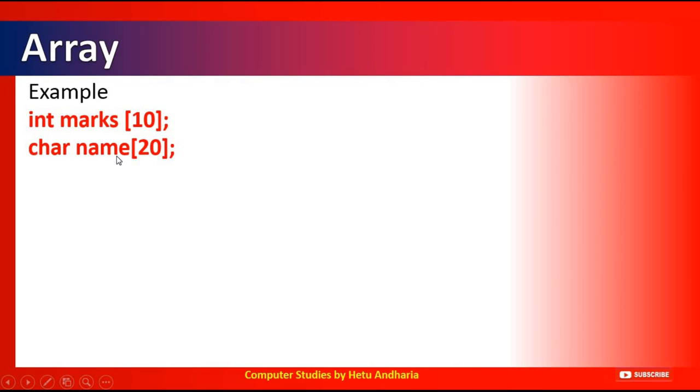Because name is made up of characters and this is the array of characters. And if I declare character name with bracket 20, I will be able to store maximum 19 characters here. Because in the previous video I had explained you, when you store a string, means a sentence or name or a word,